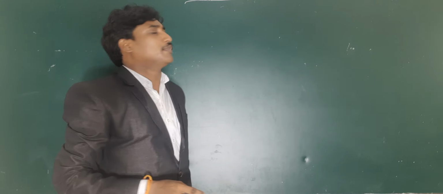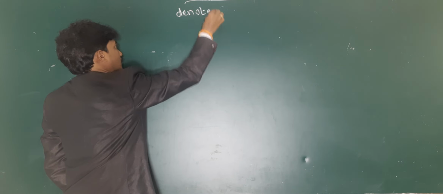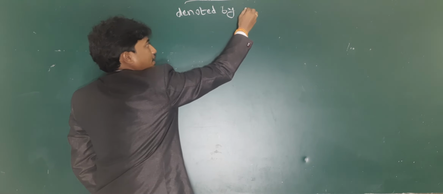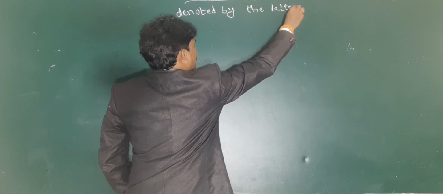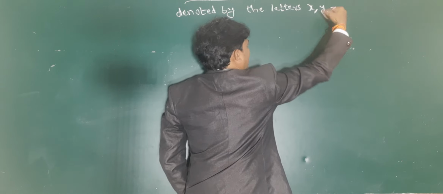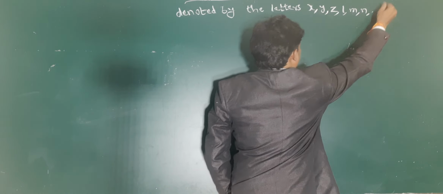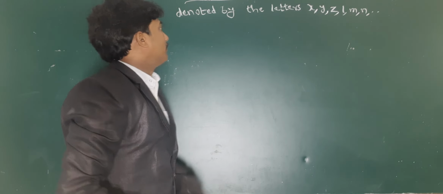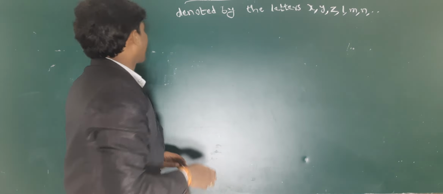Generally, variables are denoted by the letters x, y, z, l, m, n, etc. We can use any of these letters. For example,